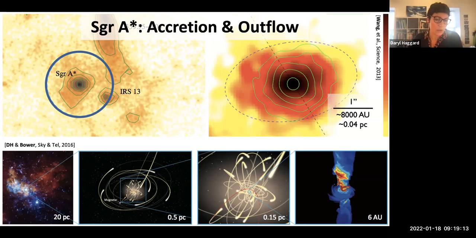And you're seeing all of these different wavelengths combined together. 20 parsecs is the size scale here. When we zoom in a little bit closer, now we're on a half parsec scale. Just as a rule of thumb, a parsec is roughly the distance between our sun and the next nearest star, very hand waving. But here you can now start to see those sources that I showed in the pretty picture